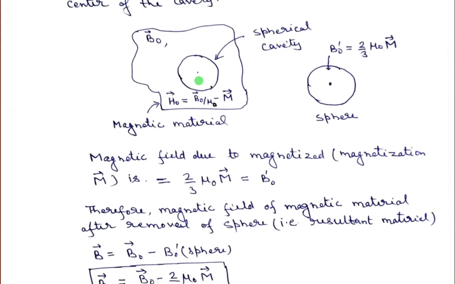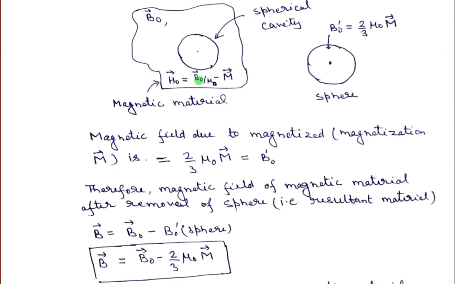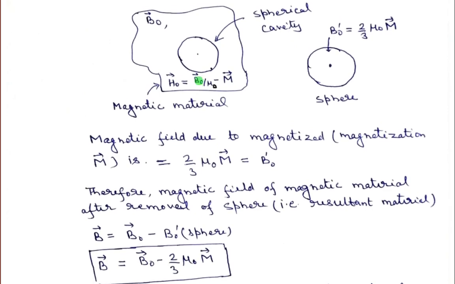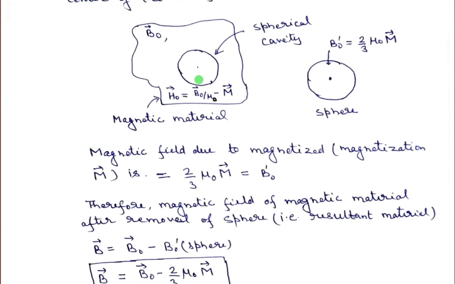In order to solve such a problem, if you try to understand how much magnetic field will be there at this point, the total magnetic field of the material is given as B0. This B0 was the field when the sphere was kept here, when the sphere was not removed from the material, and at that time H0 was B0 upon mu0 minus M vector. Now if you remove